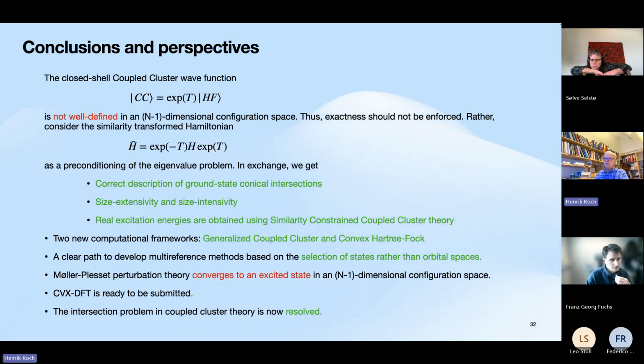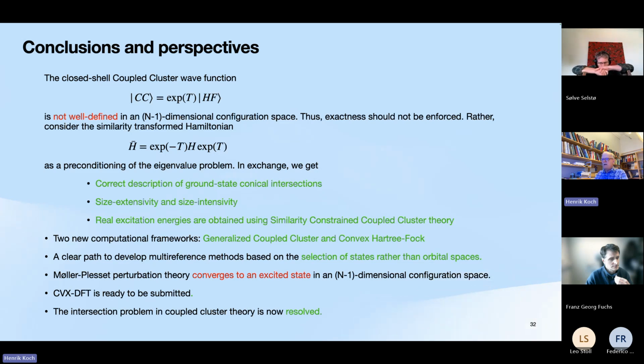There is also a path now because we can use the same strategy to do multi-configurational problems where we actually use state selection instead of using the orbital spaces. So we can choose the eigenvectors of the Hessian in order to construct active spaces for calculating